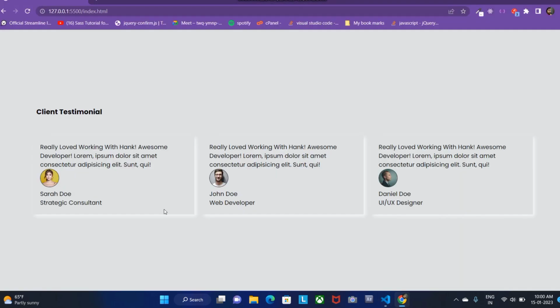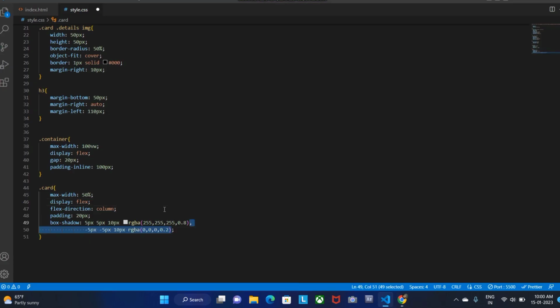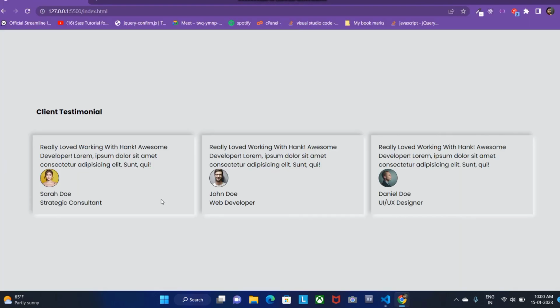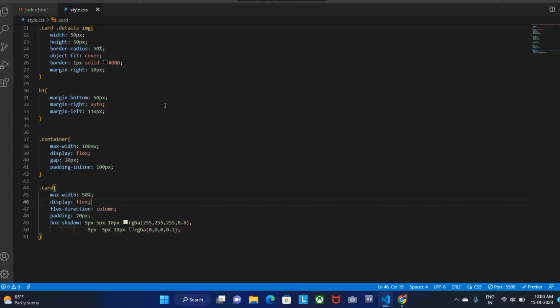Now when I save, you can see that the right and bottom have this white shadow. Now we also want shadow on the top and left, so we're going to add minus 5 pixel for the top, for the left, and then 10 pixels of spread, and then we're going to add a darker shade for that since we're assuming that light is coming from this direction, so the top and left should be darker. Now we're going to add border radius of 10 pixel so that the edges are a bit rounded. And then we're going to change the color. Instead of black, we're going to have 0.8 alpha value,